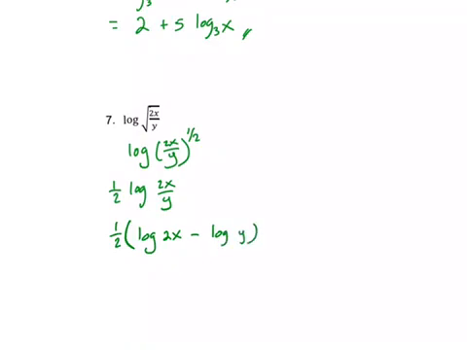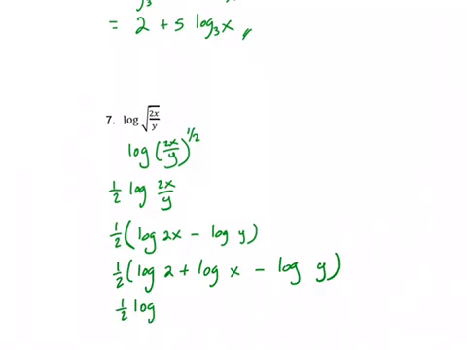Again, I have a division right here, so that means this is minus. Now I can split this one. So I have 1/2 times the logarithm of 2 plus the logarithm of x minus the logarithm of y. And at the end, I'm just going to multiply that 1/2 times everything. Plus 1/2 logarithm of x minus 1/2 logarithm